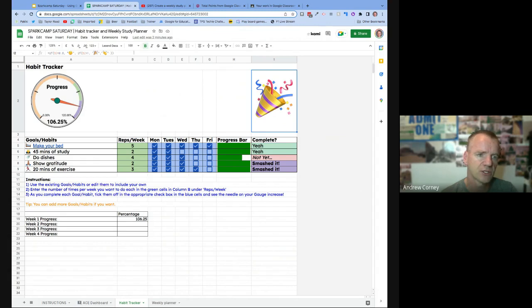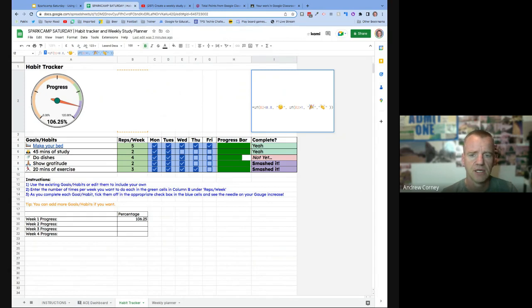Now remember, B2 is behind this graph, that's the overall percentage. So if it's less than 0.8, so if it's less than 80%, we've inserted this emoji, the thinking emoji. And then because we want 3 options, we've got to insert another if statement. So this is this one here. So if B2 is greater than 1, if it's greater than 100%, give some confetti. And then if it's anything else, so if it's between 80% and 100%, then we're going to